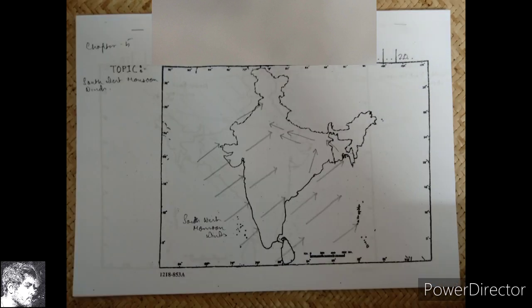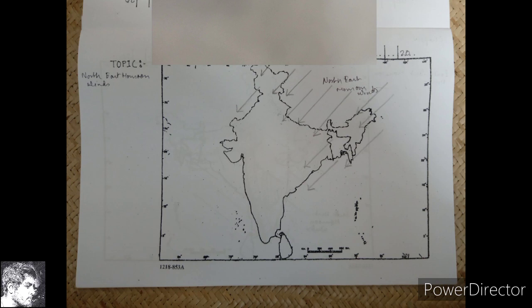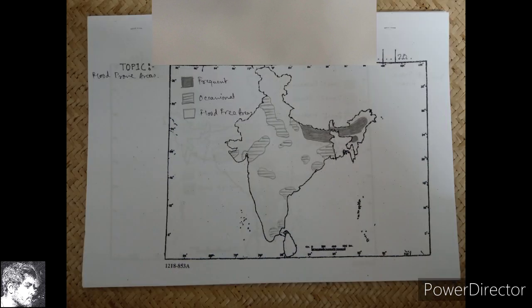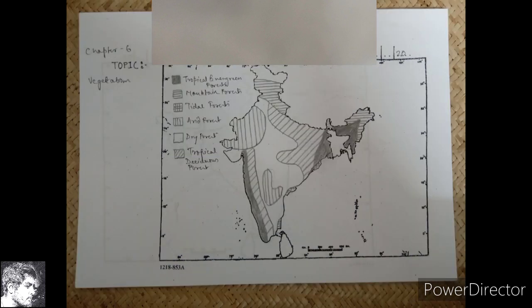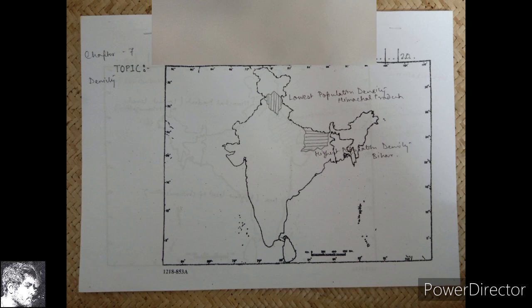So what you have to do is just practice all the maps for your exam by seeing the video. At first you see the video and draw on your map just for practice. Then again you take a clean sheet and do the same thing without seeing the video. So what will this help you? You can recognize the patterns in which the areas are shaded or the points are marked on the map.